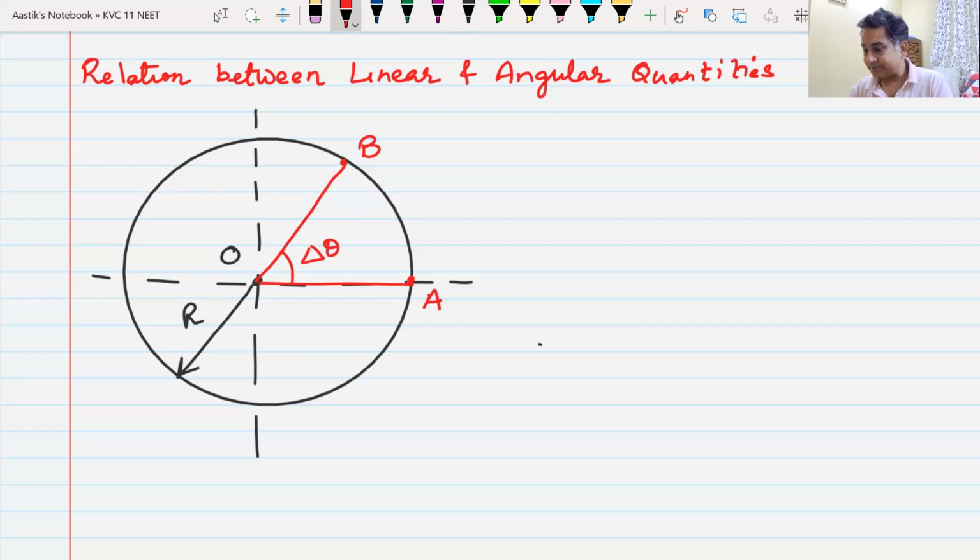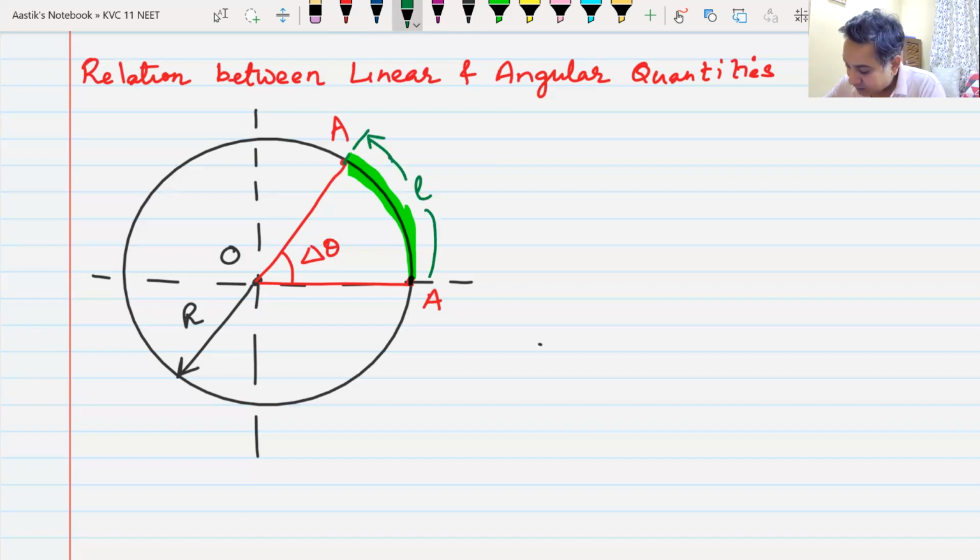Yes or no? Now, once it moves from point A to point B, it covers a distance. Can you tell me what is the distance? This AB is the distance covered by the body. Do we understand this? Yes or no? We can find out the length of this distance, the length of this path. If we call this length of the path L,